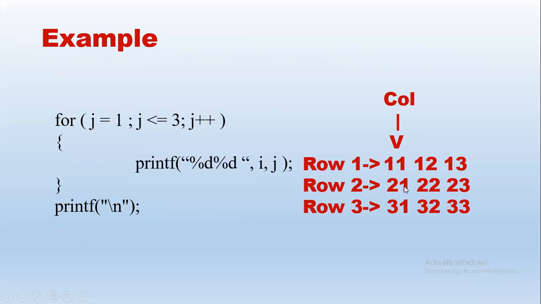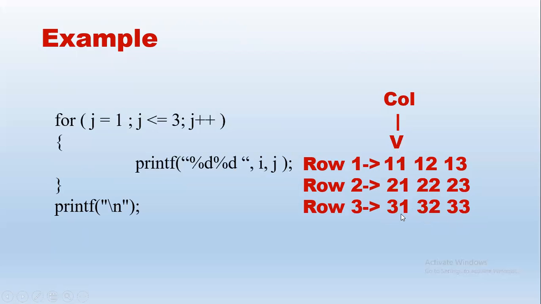So now when we observe this, this is the pattern which we want to print. So first row had 11, 12, 13, and then row 2 has 21. So what is 21? So that is 2 is row number 2, and 1 is column number 1. Similarly, 22, 23. And then we have row 3 in the next line. So that is row number 3 is common, which is the first digit. Second digit will be the column number.